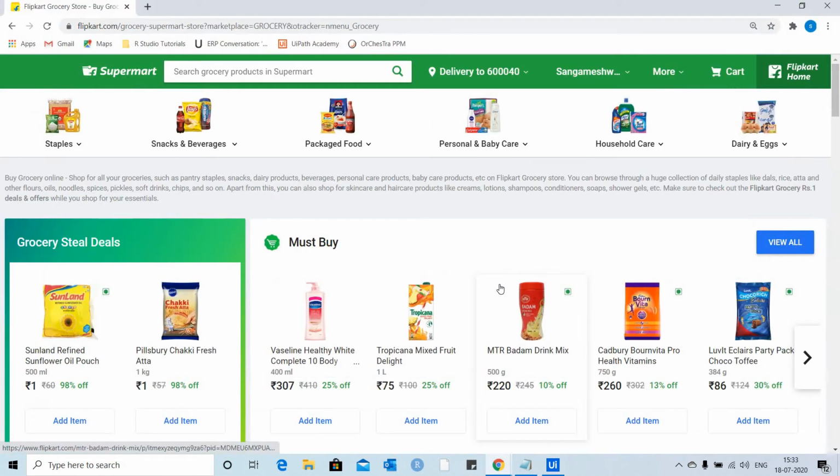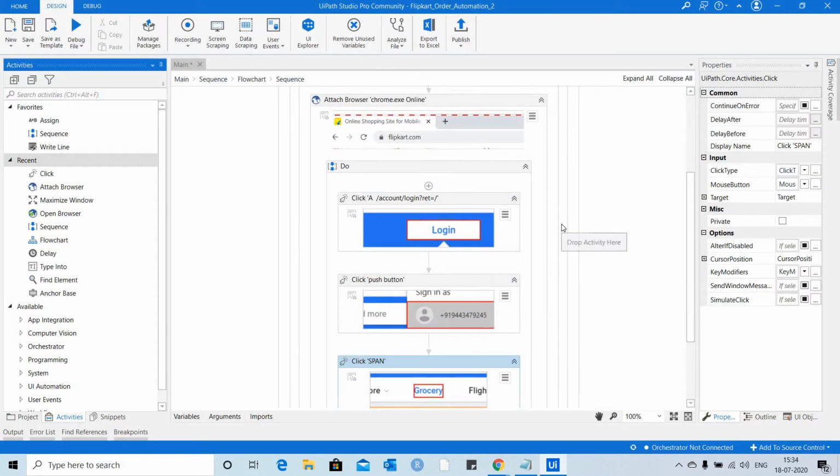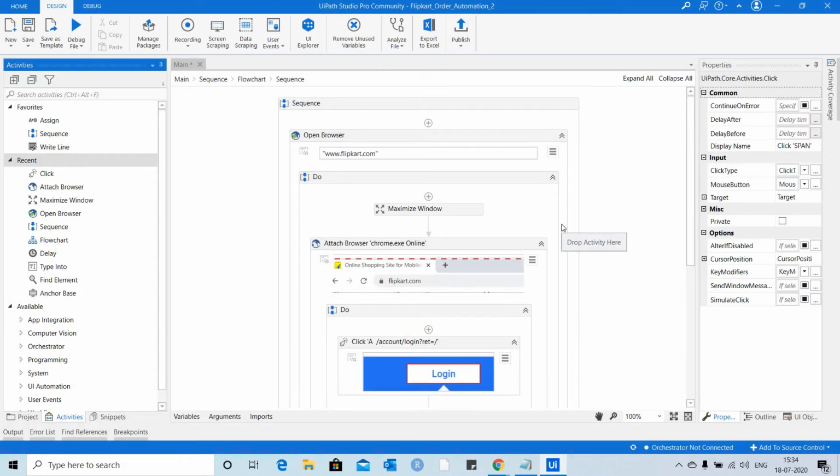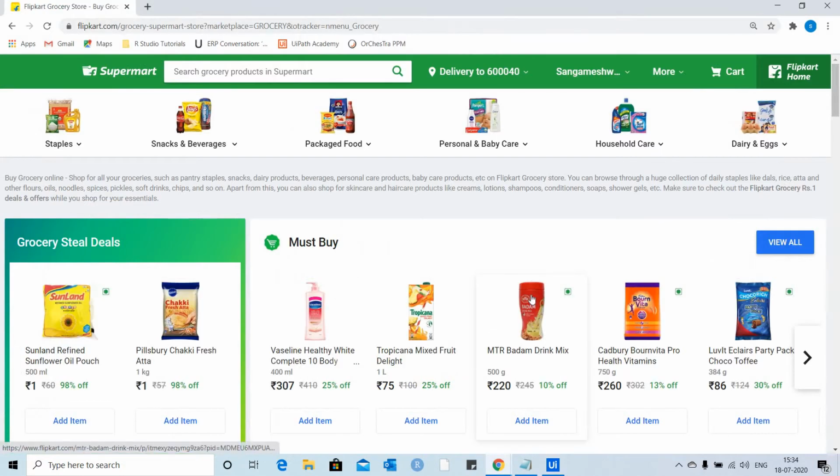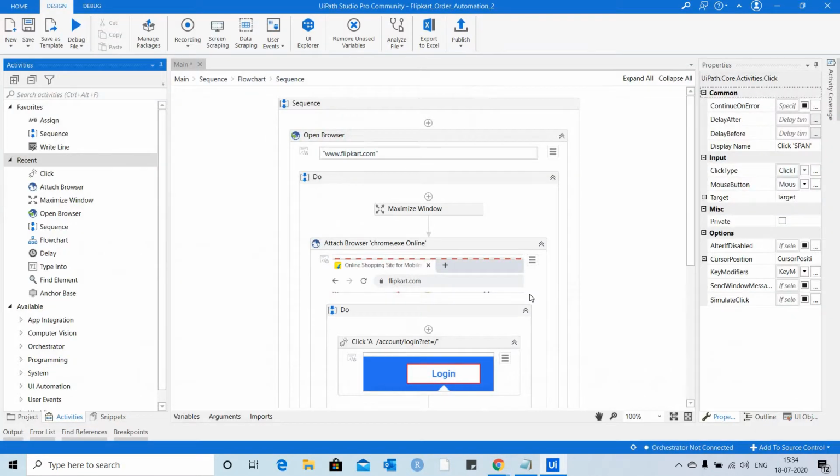Okay friends, till now we have used open browser activity. Inside that we have used maximize window. So once browser is open, the window should be in the maximum size, and then we have used various click button activity inside attach browser activity. So now friends, we need to search the items which we want to order and then add the same into cart. So for that,